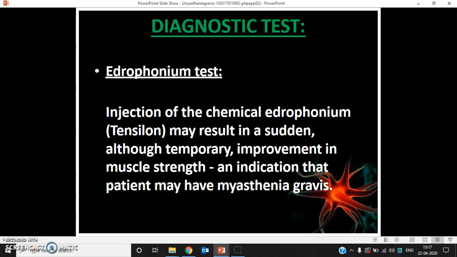Due to which we have to give a Tensilon injection, and it gives muscle strength to a patient. And by doing this edrophonium test, we are able to diagnose whether the patient has myasthenia gravis or not. Next one is